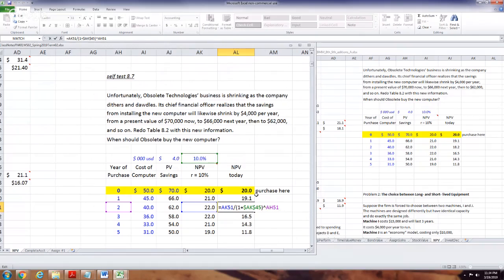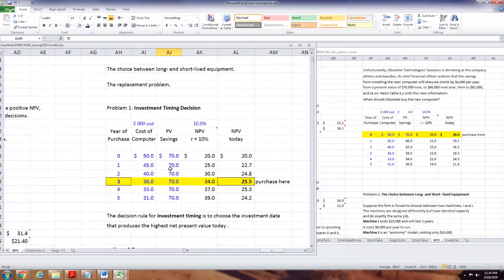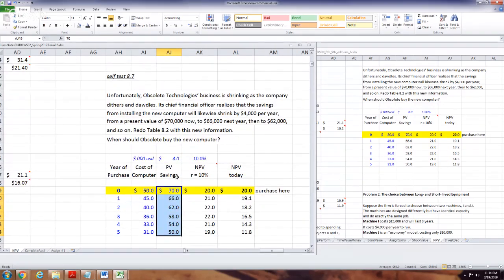Okay, there's your present value. And obviously we're looking for the highest one. You can see now we have a declining savings, and the highest NPV now is at the beginning, as opposed to somewhere in the middle or wherever it may be. So like I said, you made a little adjustment here. So this is different, right? Because this was constant before, and now it's declining. There's an equation that can go with this. We just sort of worked it out. But that's really what that is. That's right at the year of purchase.